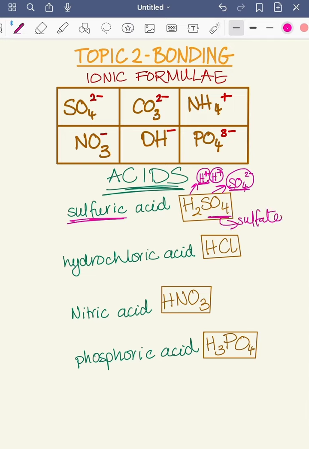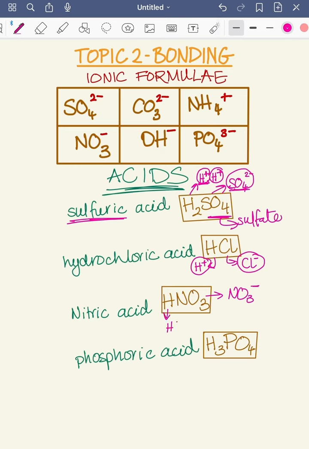A lot of you might want to name this as hydrogen sulfate. And that's fine too, but the most common name is sulfuric acid. Okay, what about hydrochloric acid? Again, chloride ion and hydrogen ion. In this case, we just need one of each, so we don't need to balance the charges to have a neutral formula overall. Moving on to nitric acid, again is made out of the nitrate ion, NO3 minus, and the